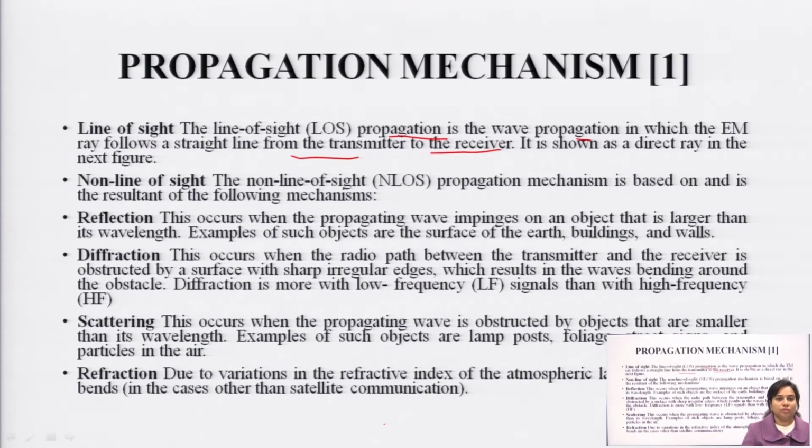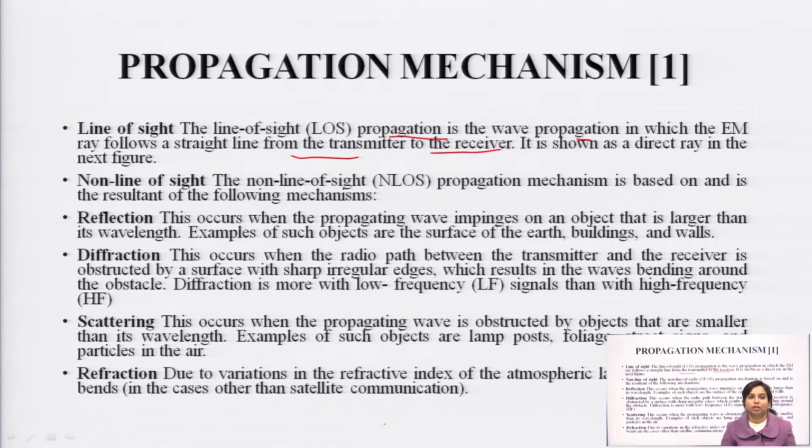That is why line of sight is very important, but practically it is possible only in open areas. It is not possible in suburban or urban areas where the population is quite large and there are a large number of intermediate nodes, like trees and high rise buildings. In open areas like a farm field, line of sight exists, but in hilly areas, a hill may be a considerable obstacle between the transmitter and receiver. So, in open areas and especially field areas, it is possible to visualize the line of sight.